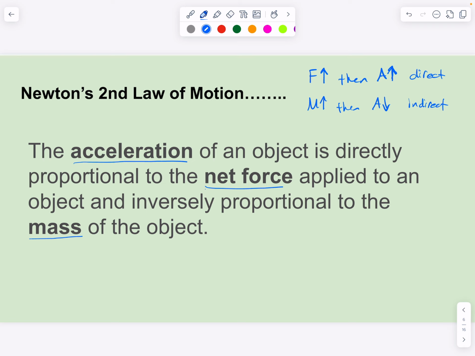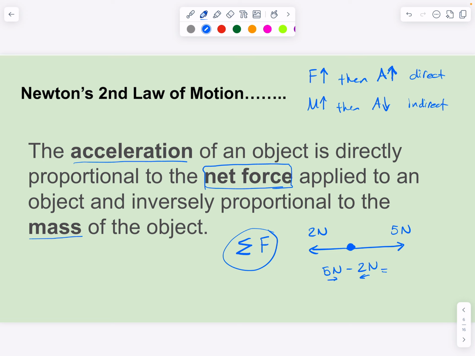One thing to keep in mind, though, is that this is talking about a net force. A lot of times you write net force using the Greek symbol sigma, sigma F. Net force is the sum of the forces. Recall that at one point you were finding a net force of an object pulled this way with 5 newtons of force and this way with 2 newtons of force. The net force is found by doing 5 newtons minus 2 newtons, since 5 newtons to the right minus 2 newtons to the left gives a total of 3 newtons to the right.